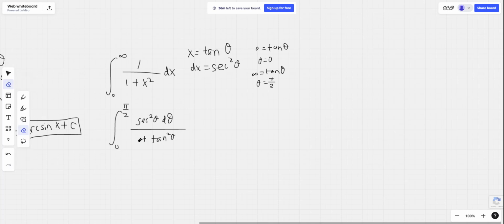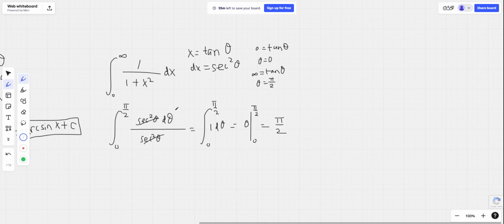However, 1 plus tangent theta squared is, from our Pythagorean identities, secant theta squared. And everything cancels out again, so we just have the integral from 0 to pi over 2, again 1 d theta, and that's just equal to, let's evaluate theta at 0 and pi over 2, and computing the definite integral, we just have pi over 2. So basically,